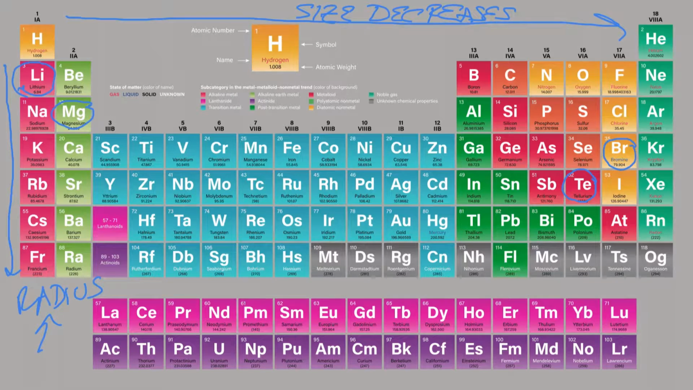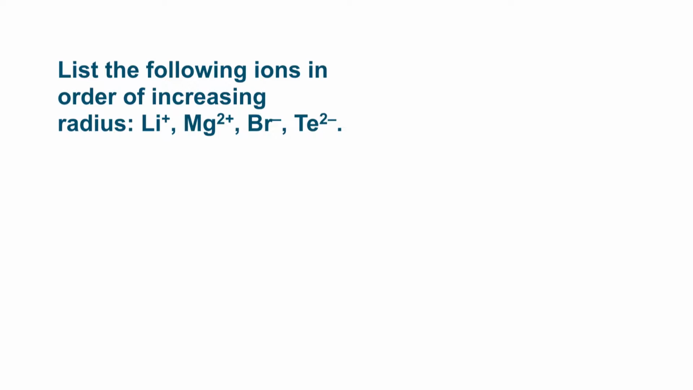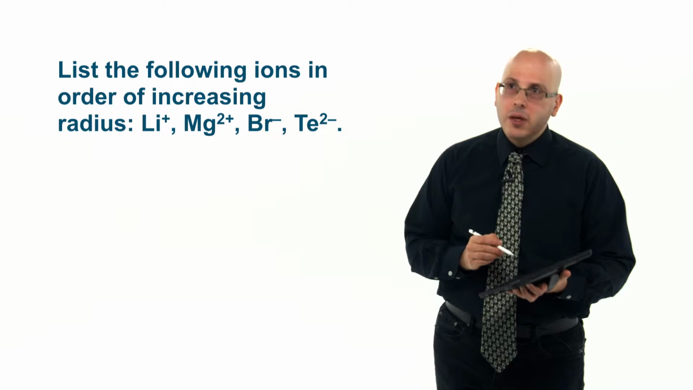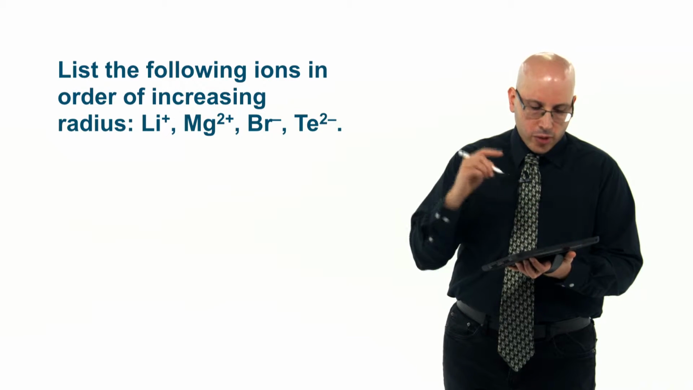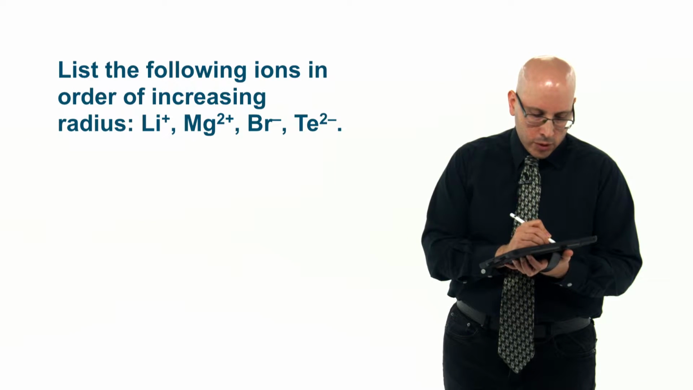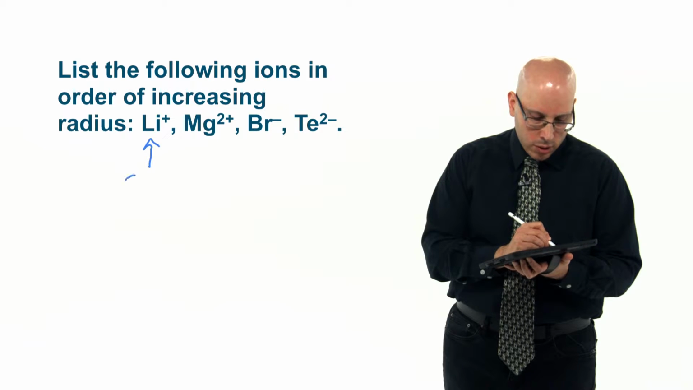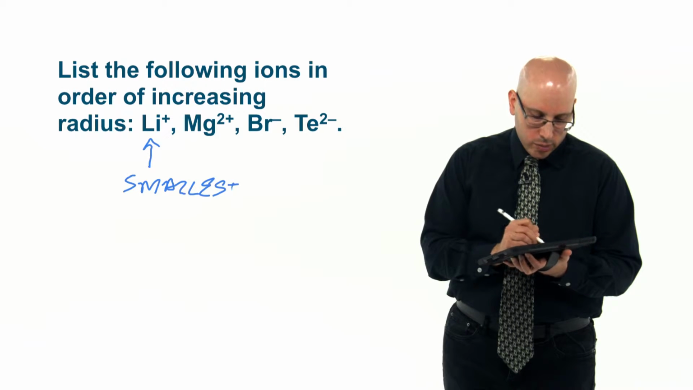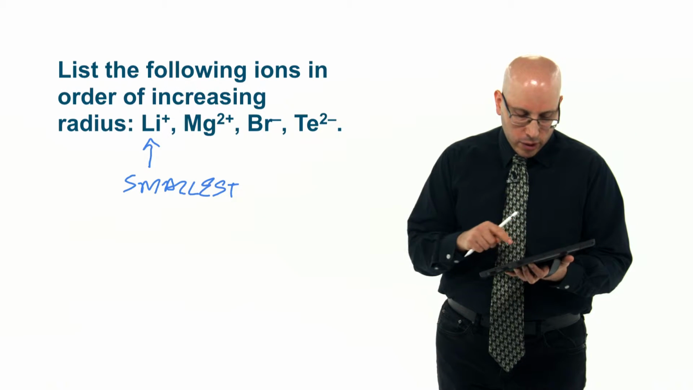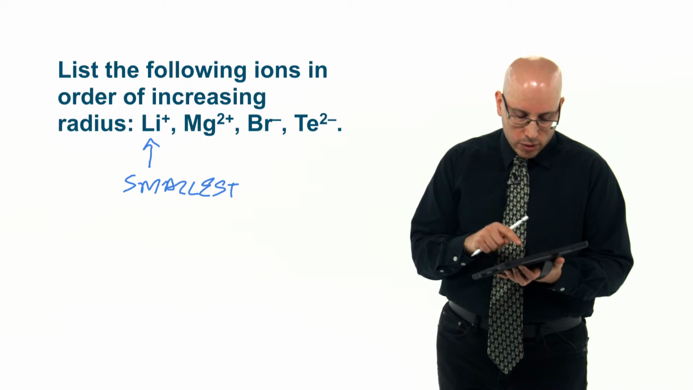Okay, so now that we know that, let's go back to our list of ions. Okay, so Li plus, lithium itself was pretty high up in the periodic table, so that's going to be pretty small. So we'll say that's the smallest. And now, if I look at the other ones, right, magnesium, bromide, and tellurium,